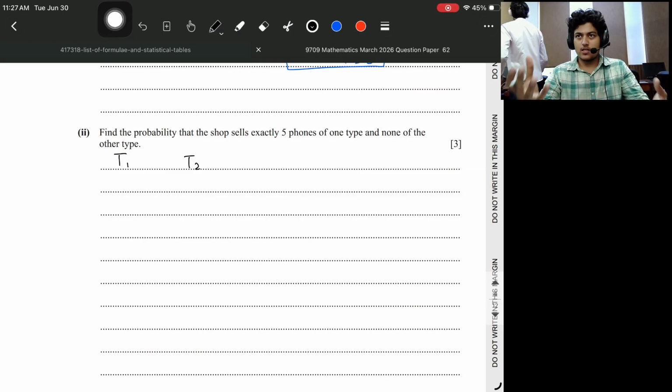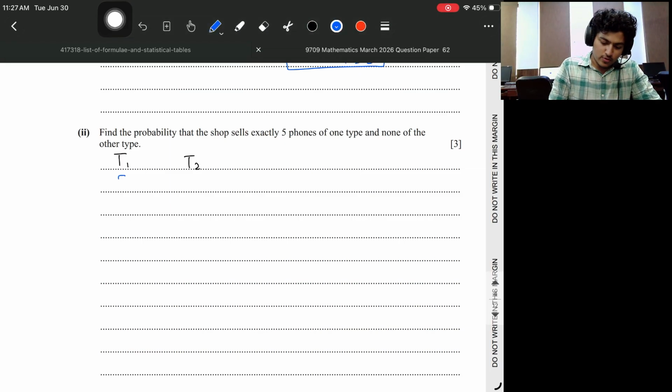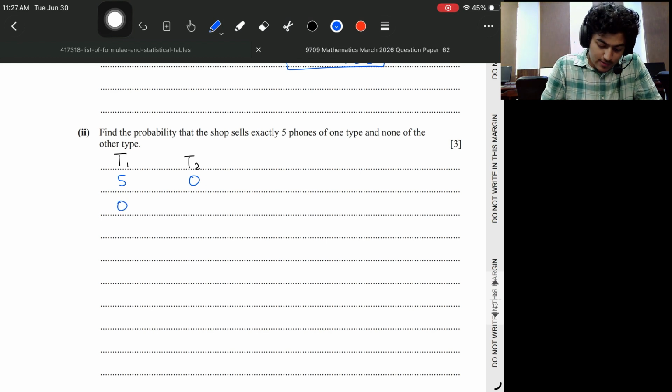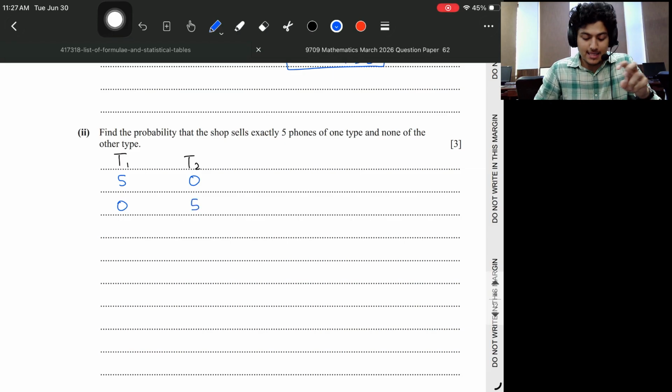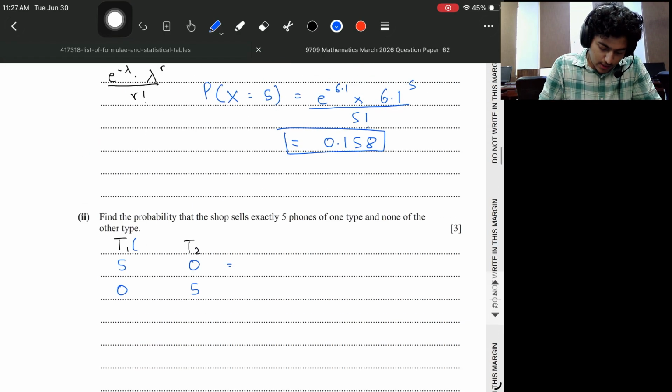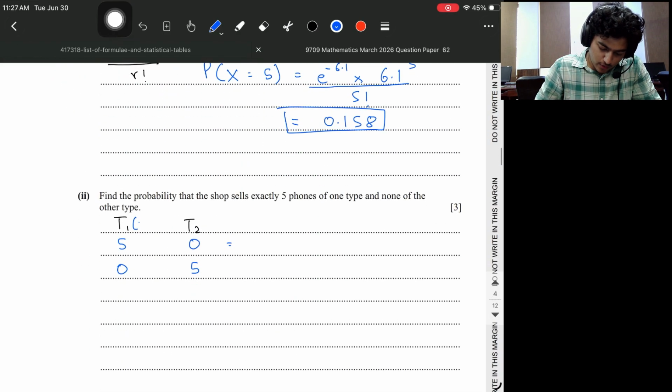So in that case, we can assume that in one week, 5 phones of type 1 were sold and 0 phones of type 2 were sold. Similarly, it is also entirely possible that in another week you have 0 phones of type 1 being sold and 5 phones of type 2 being sold, and these are the two cases that we need to solve for. Solving for the first one, we know that the Poisson lambda for type 1, if we look above, was 3.2,